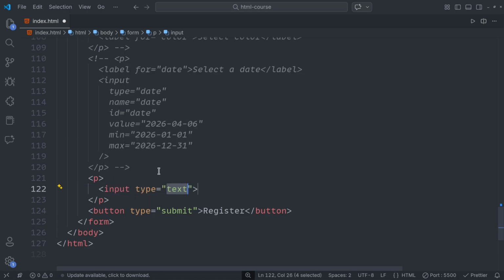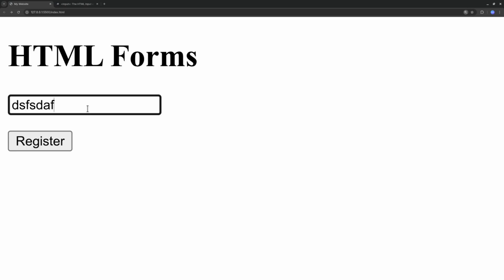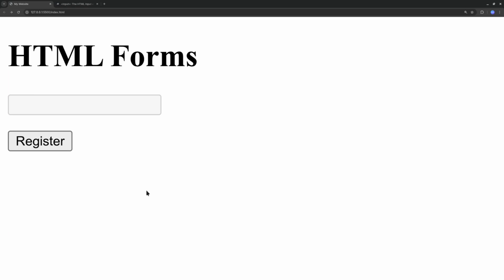And here it is the type of text. That is good. So if I just save that and go to the browser, as you can see, this is the normal input, and I can type something. But now if I just add the disabled attribute, and save that,